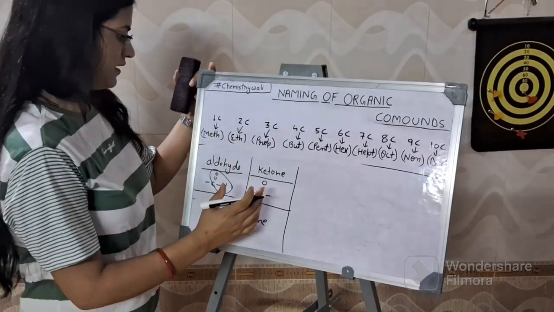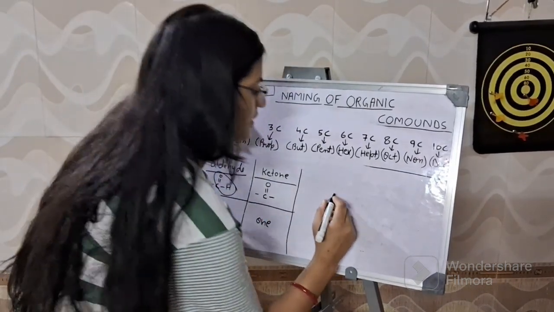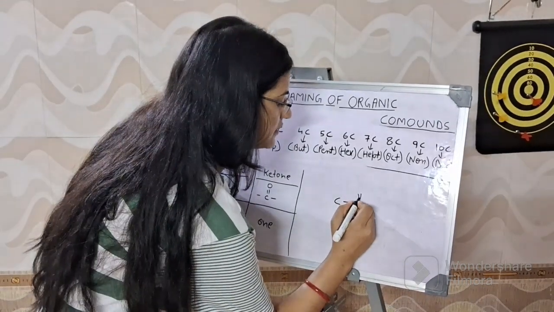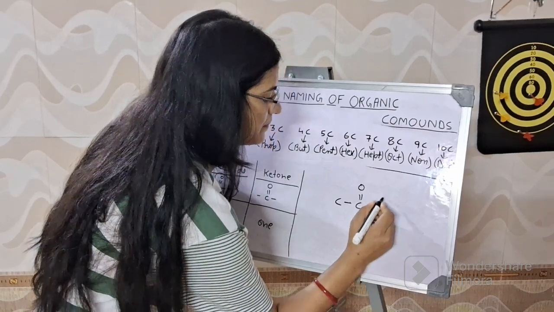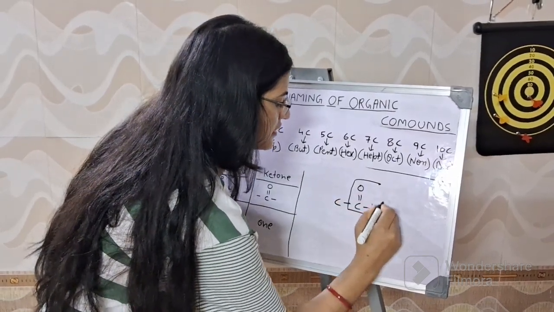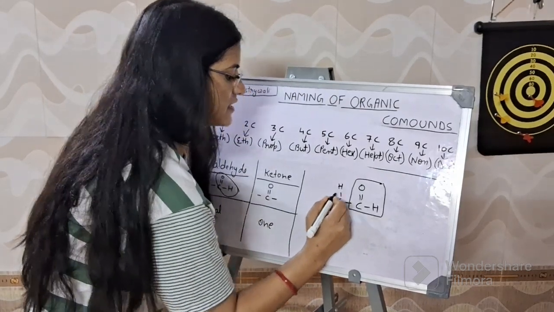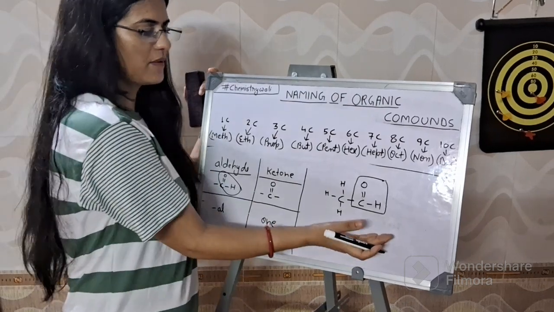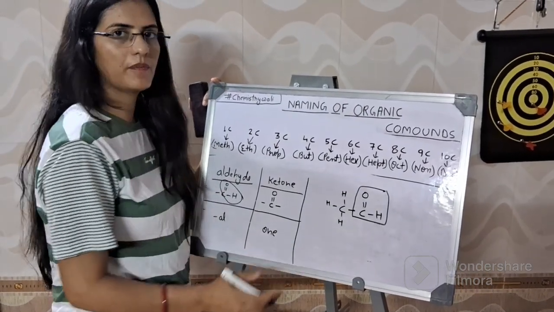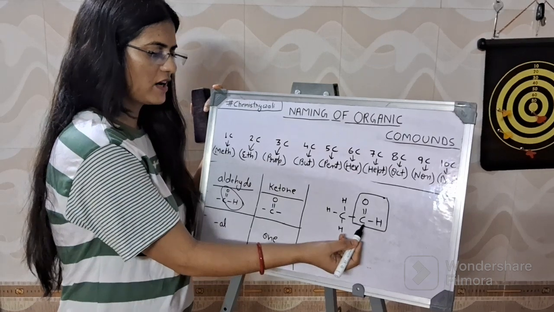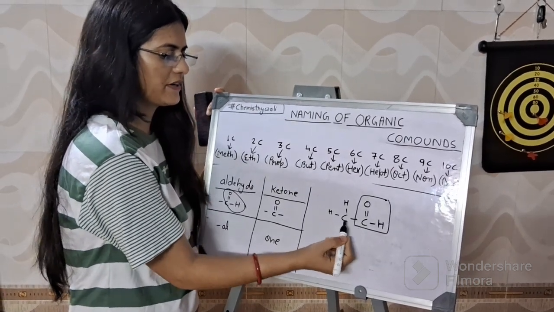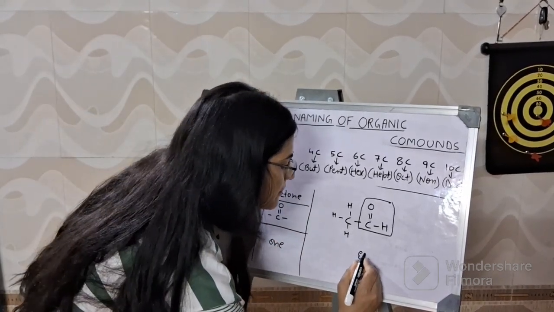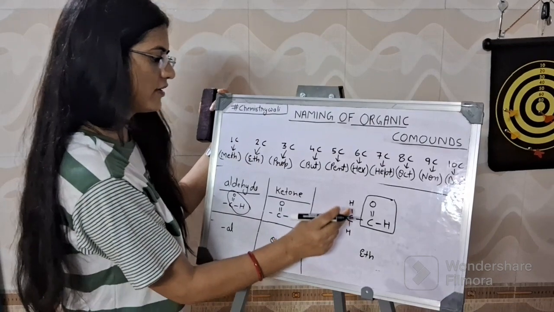Okay, let's take one example. We take 2 carbons here, C double bond O and H. This is our functional group. Now the valency of the other carbon we will complete with the help of hydrogen. So this is our compound. Now how to name this compound? First of all, we count the number of carbons here. 1, 2. 2 carbons means eth, single bond an,